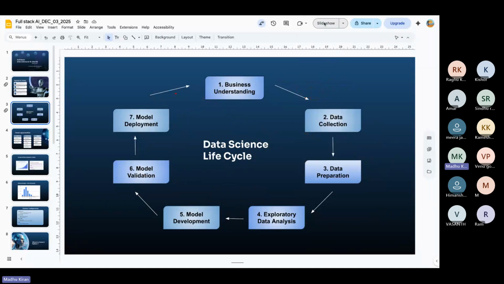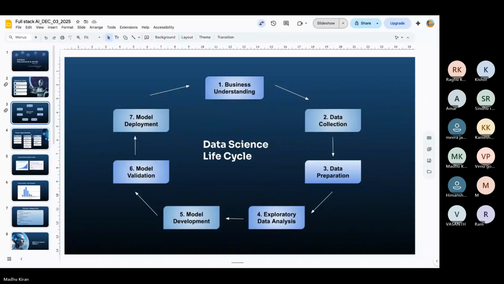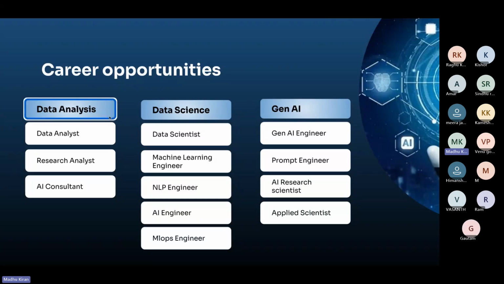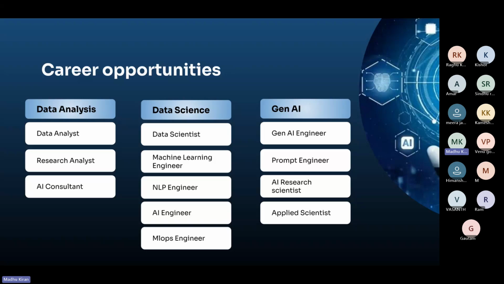And yeah, so let's understand the career roles again. There are different career opportunities. We have divided that into three phases: the data analyst part, the data science part, and Gen AI. For data analyst, we have just discussed the data life cycle, where we saw it's like a detective who investigates data. They clean the data, visualize, find the patterns. Usually they work with visualization tools like Power BI. They deal with SQL also, and they use the pandas Python library a lot.